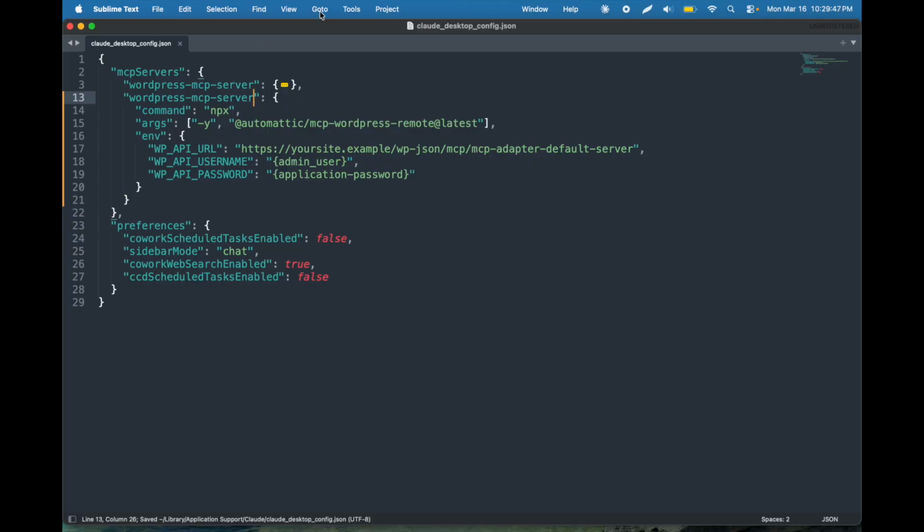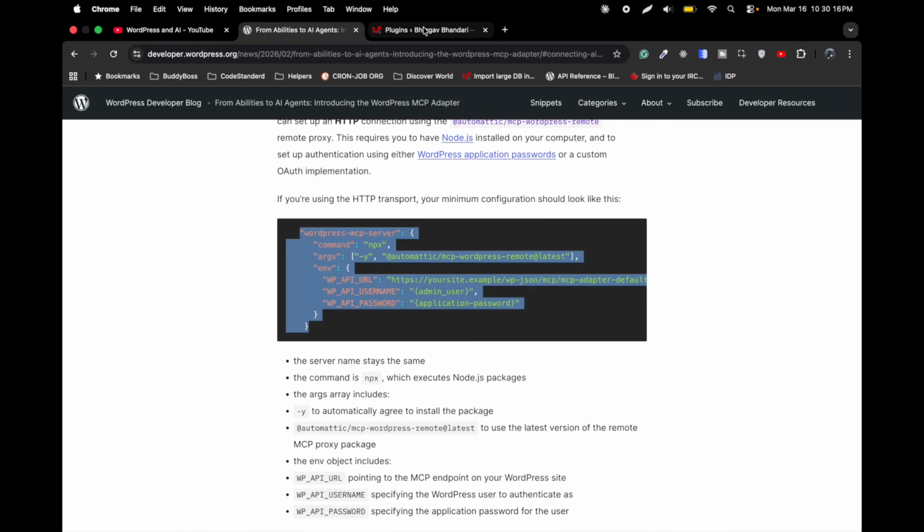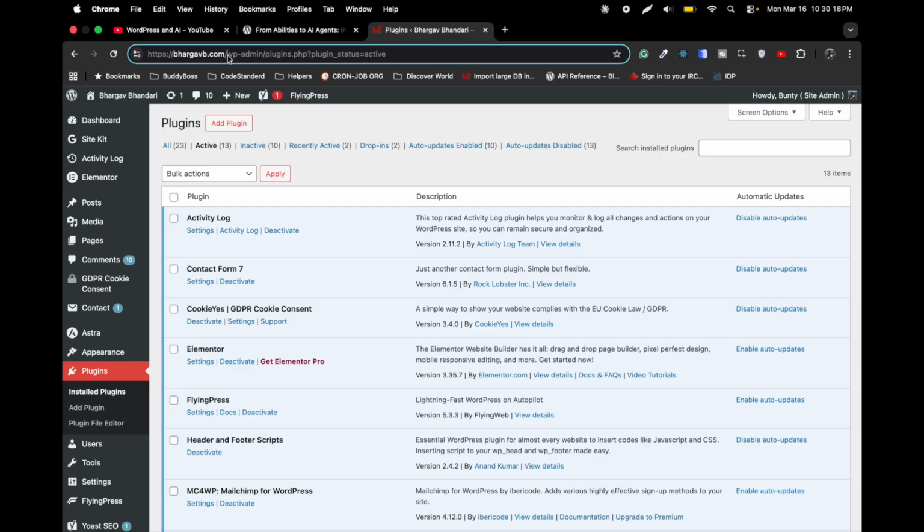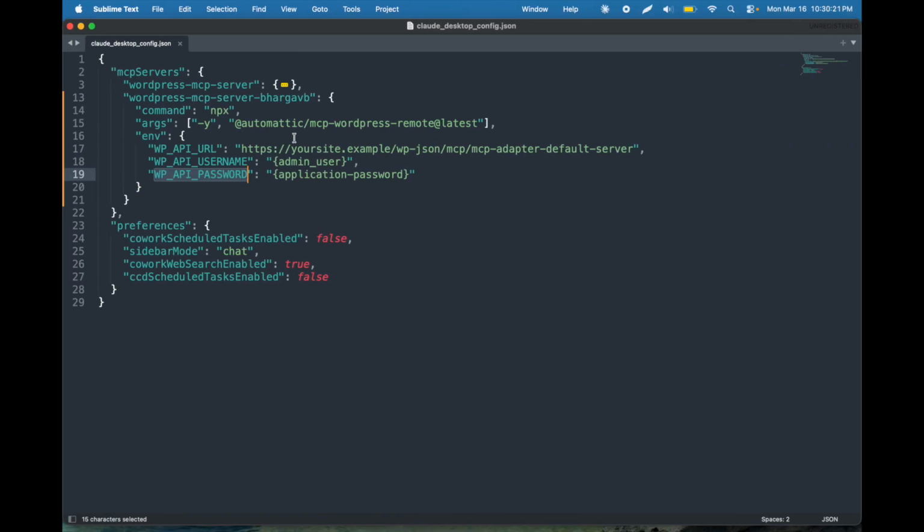Now here we can't keep the same name, so I'm going to name it MCP server for BuntyWP. Now these things we need to keep as they are. We will try to understand what this is. The only things we have to change are this WP API URL, WP API username, and WP API password. So first let's change the URL. I'm going to copy this BuntyWP.com